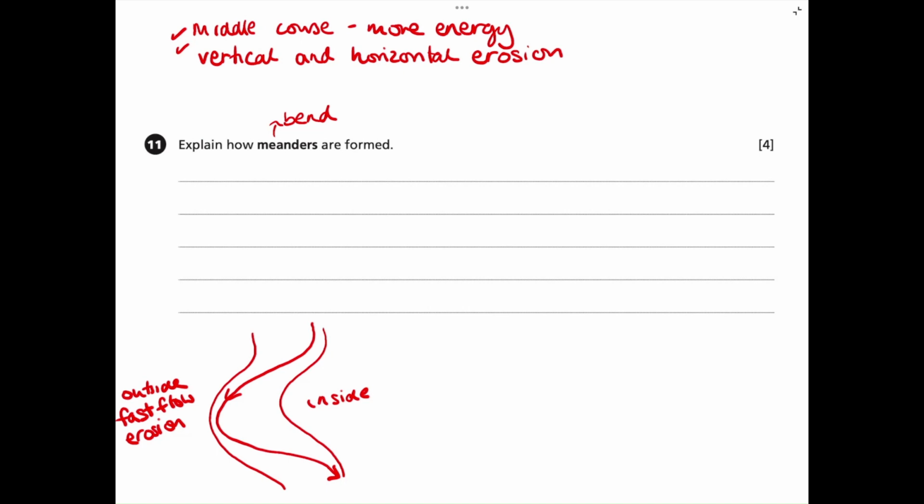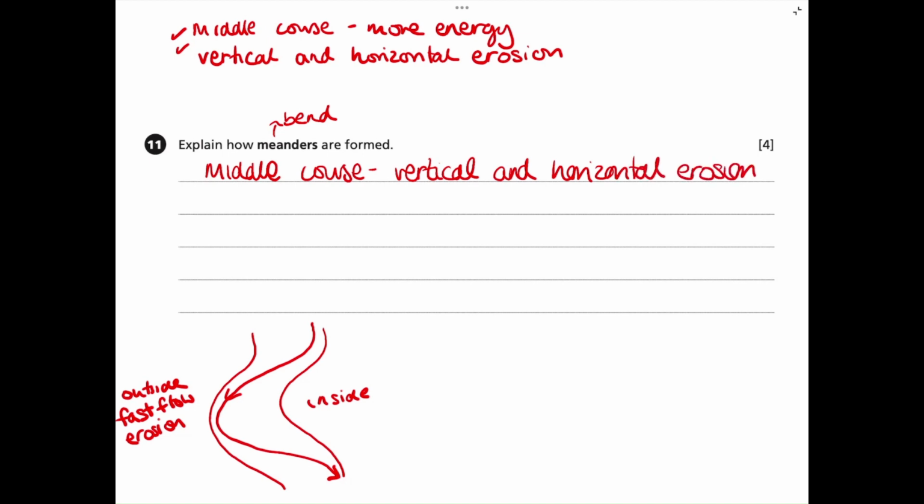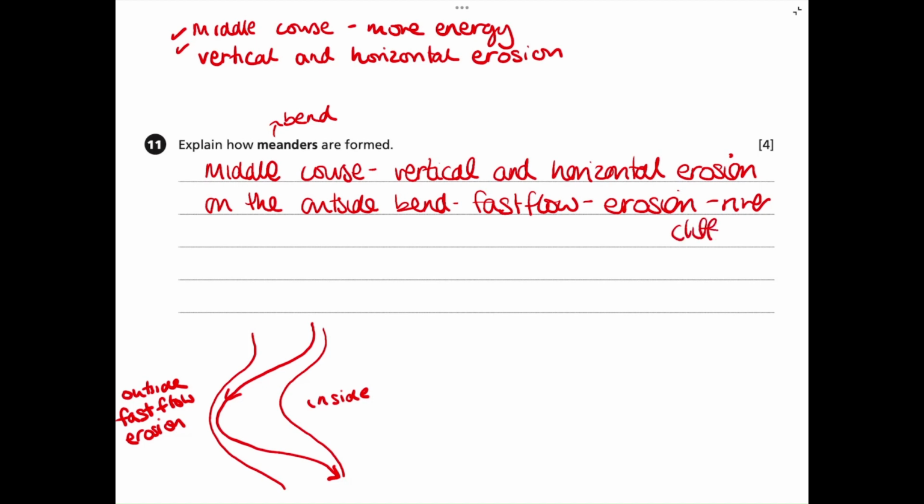So in the meander, in the middle course, there is now vertical and horizontal erosion. And then on the outside bend, there is a fast flow which leads to erosion, and this creates what we'd call a river cliff. Creates a river cliff. So if we were to draw, so if this is the outside A and B, if we were